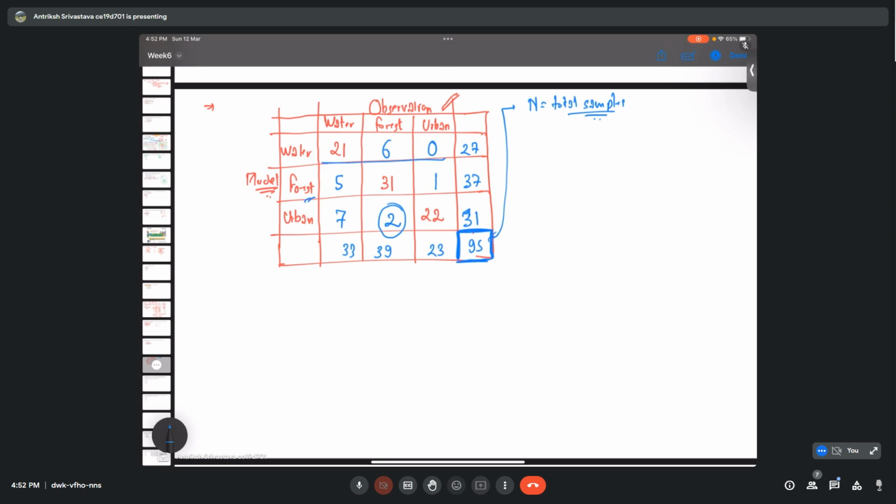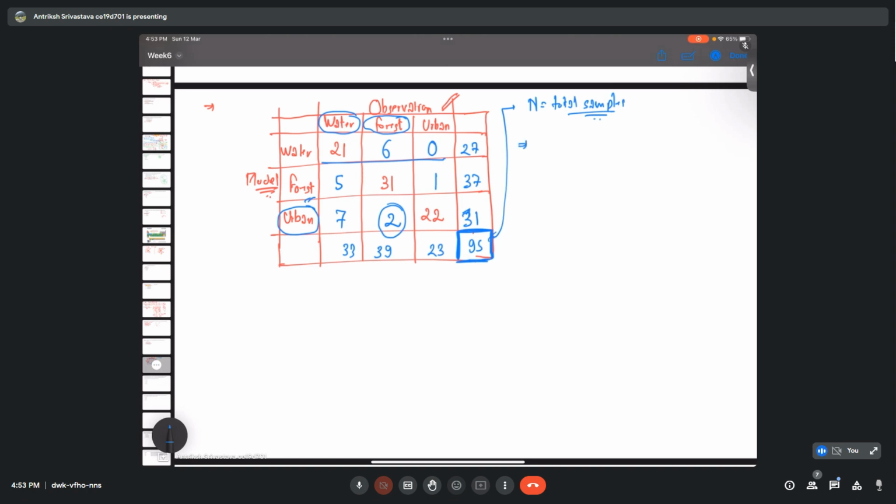Okay, so no one wrote anything in the chat. So let me just say 2 is for when the observation was forest and it was classified as urban. And 7 is for the observation of water. So actually it was water, but the model classified it as urban. Okay, so now that we have this confusion matrix,